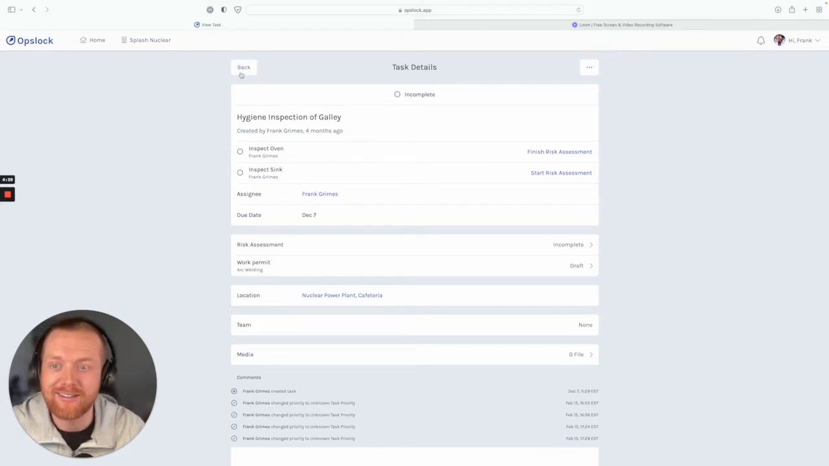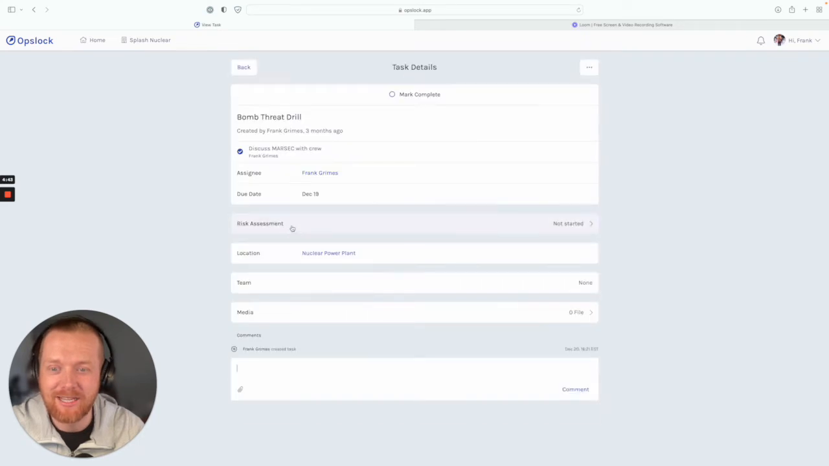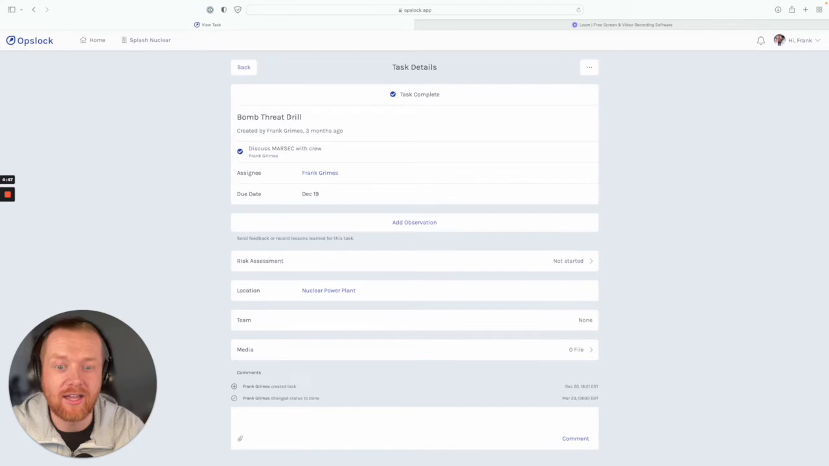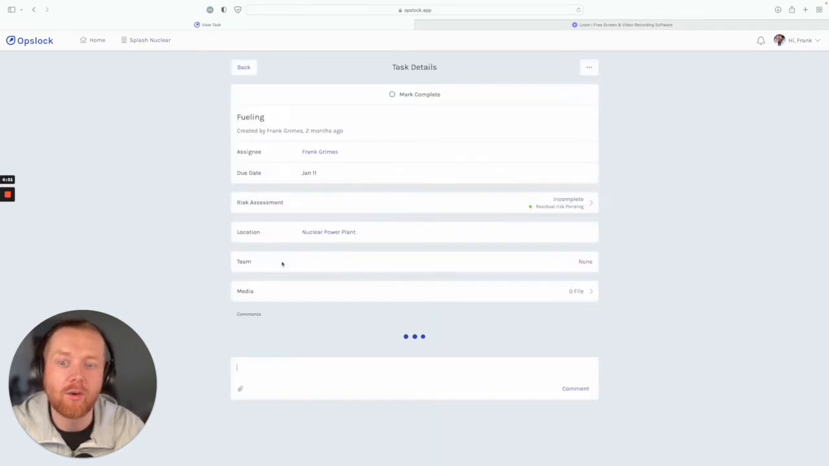I'm jumping ahead here. This is a bad example because I've got subtasks. Okay, here. So I can complete that task. So that allows me to remove it from my list. Additionally, what we're able to do